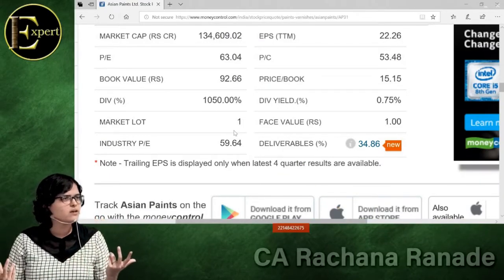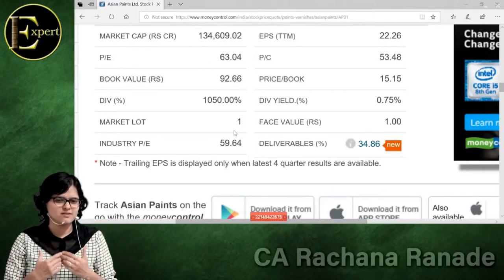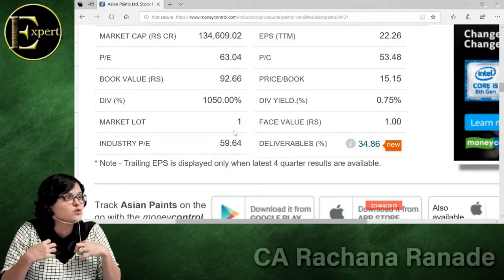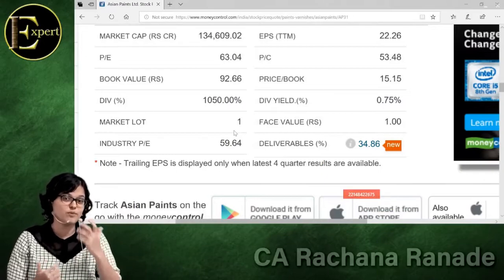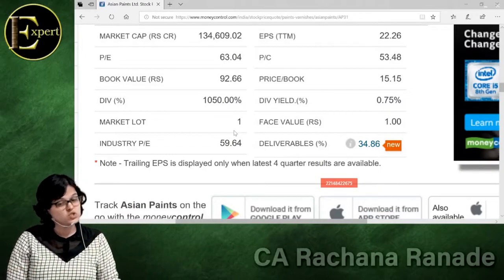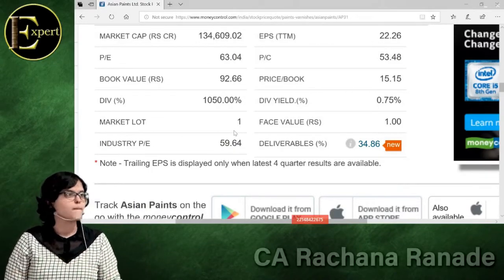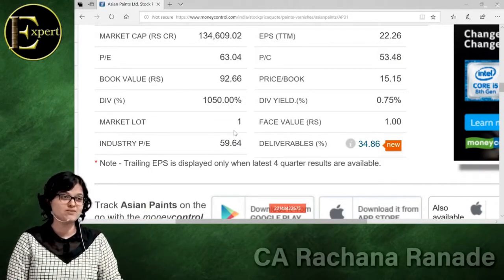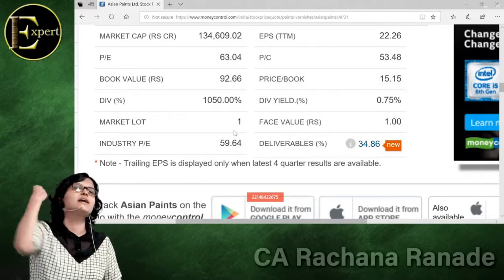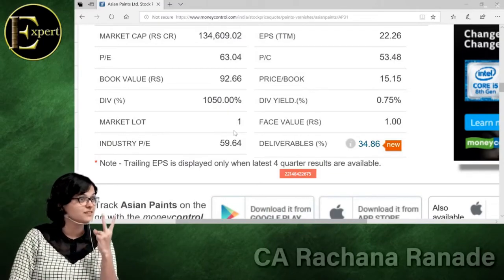This is the quality that they are offering. This is the crispness and the feel, the experience that you are giving to your customer. And then I'm ready to pay a higher price also. So just because PE of Apple is high, it does not mean that it is expensive, don't buy. It means that maybe it is really worth it and people are ready to pay a higher price for that. That is the second interpretation.